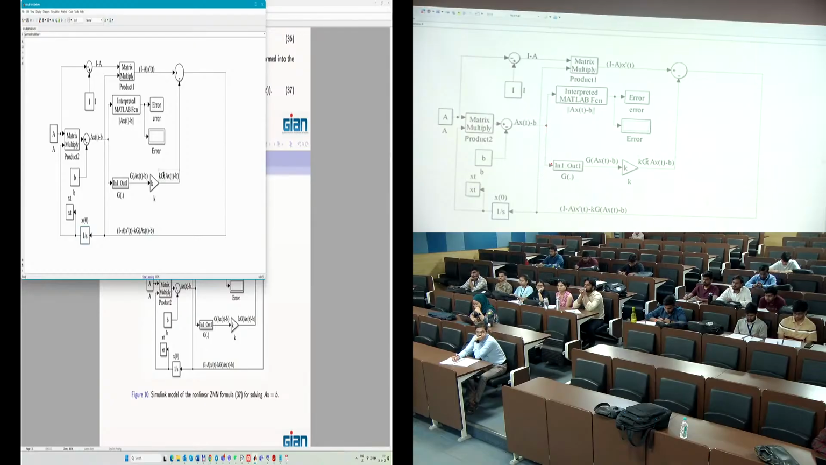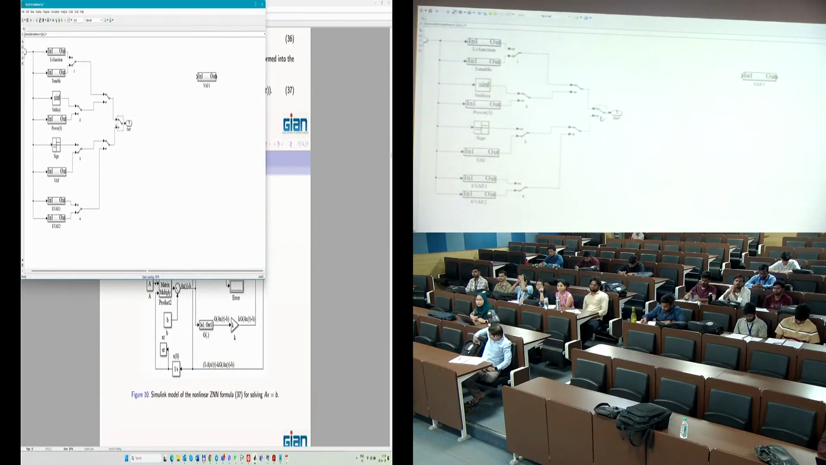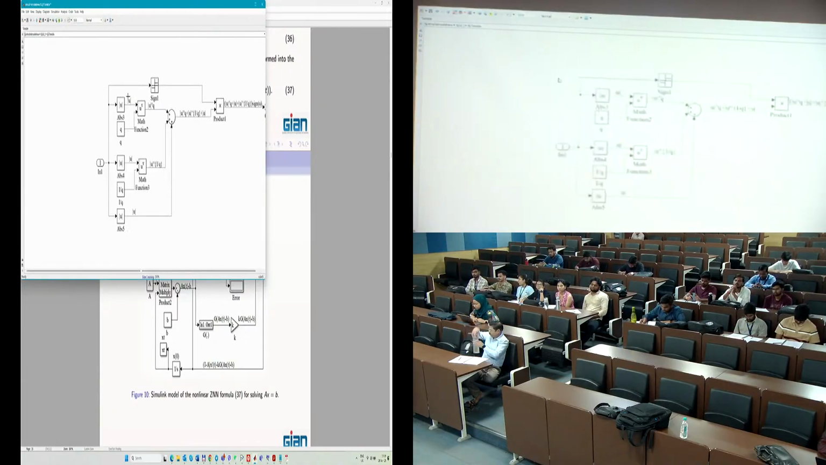Then the nonlinear activation, denoted by G here, of course, can be denoted by several activation functions. Here we will use the switch activation function. Other parameters. We spoke that